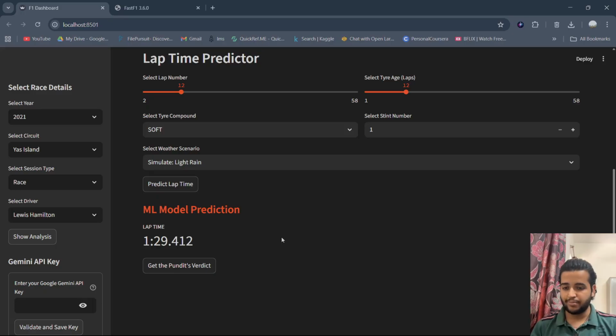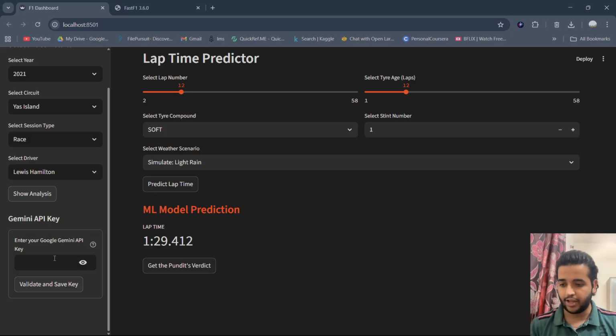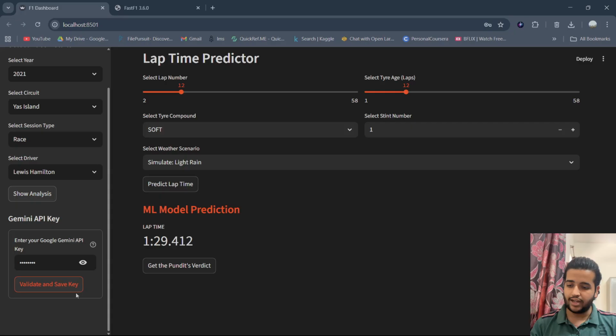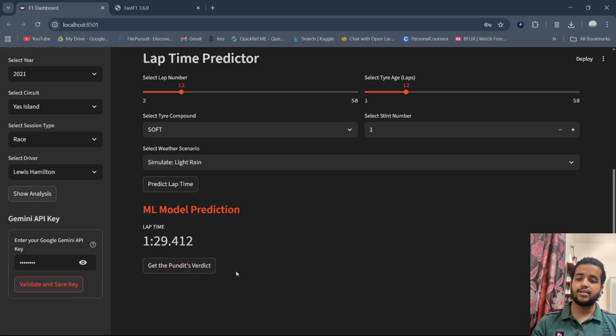Now, the most exciting part of this project was that I wanted to add generative AI to it, and I didn't understand how to add that. So what I thought of was using Google Gemini. You can use your Google Gemini key. You just have to enter your key here and save your key. I am a developer, so now my API key is valid and it has used my API key. Now here's a button that basically makes Google Gemini